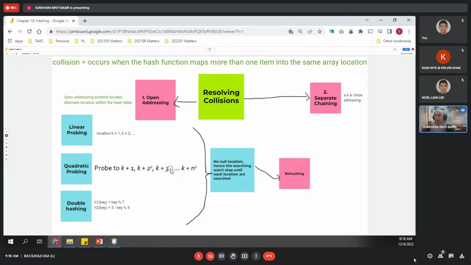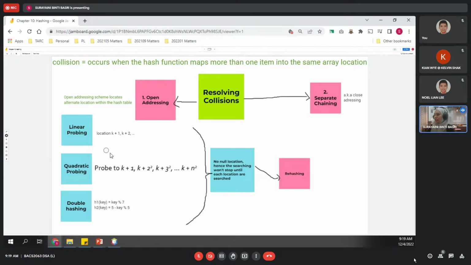They can be evenly distributed. Previously it was k plus 1, k plus 2, k plus 3, up until k plus n. Now if we make it k plus 2 squared, meaning 2 to the power of 2 is 4,